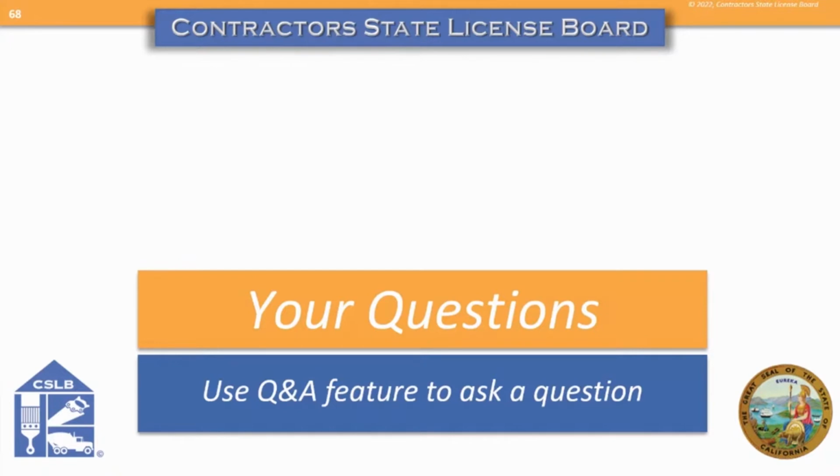How long can you defer your testing? That I would refer you over to PSI when you have your application in and everything. You have 18 months to complete the testing process. So from the time your application is posted, you have 18 months to complete the testing portion of your application. I don't know, but I don't want to tell you a wrong answer. I don't know that there's a defer time. In other words,